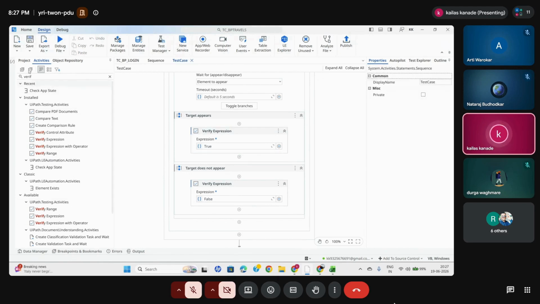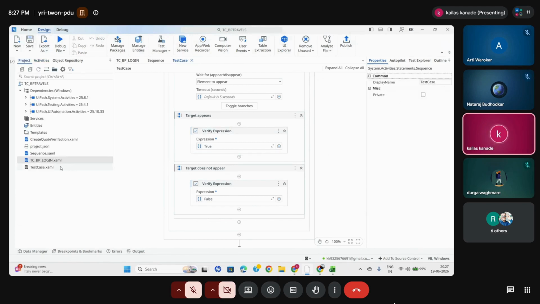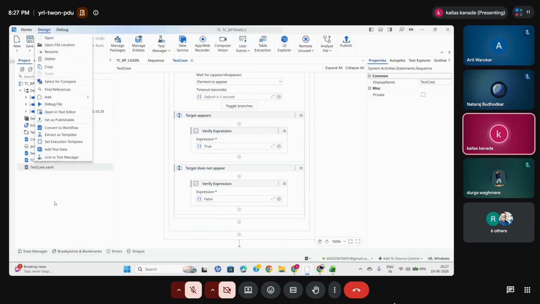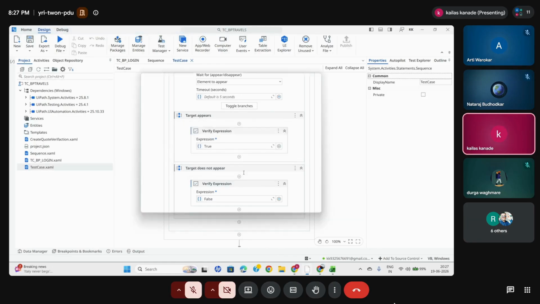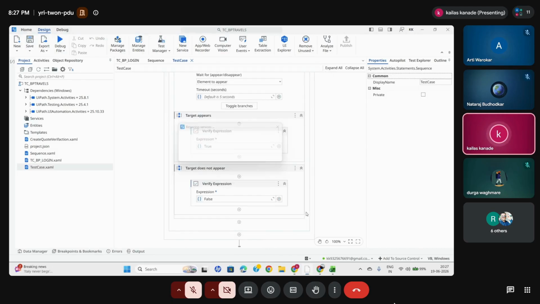What is the next part, guys? Once the code is written, we need to set it as publishable. Here we have the option set publishable, and you can publish this test case into the orchestrator once the development is done. I'm going to publish this in orchestrator, and now I'm going to